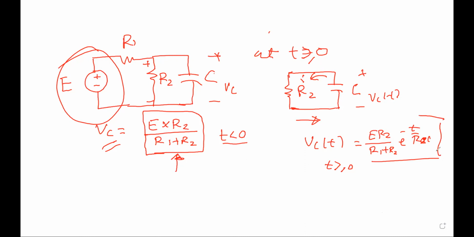Then you see the voltage and you see that your capacitor is discharging, isn't it? At time t equal to 0, your voltage will be equal to E R2 divided by R1 plus R2, and it is decreasing gradually and eventually